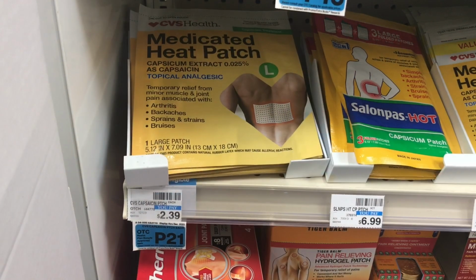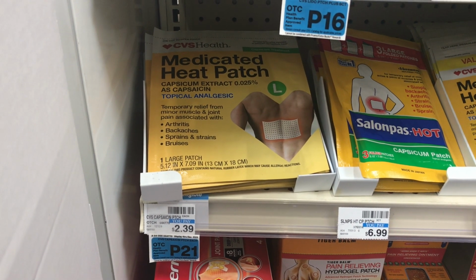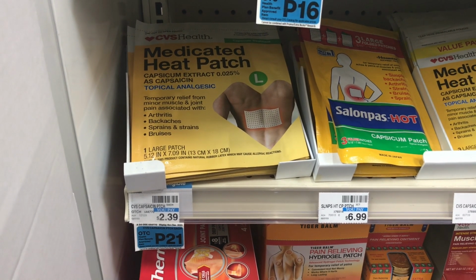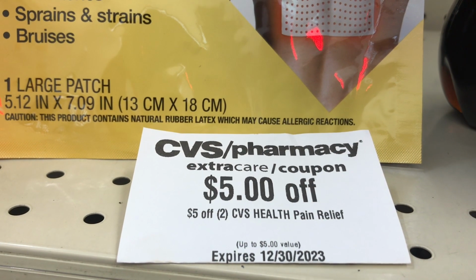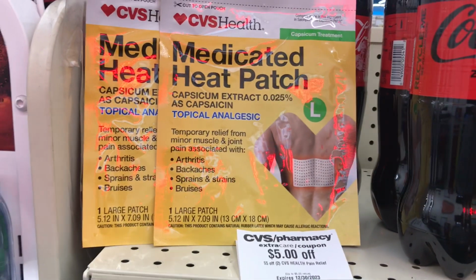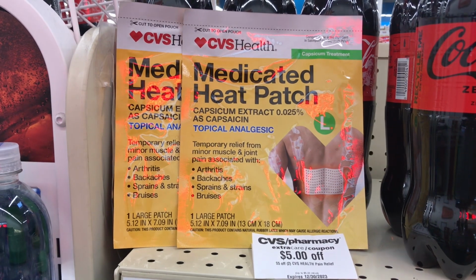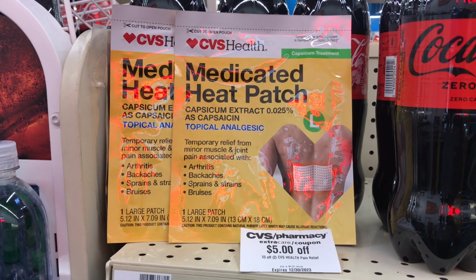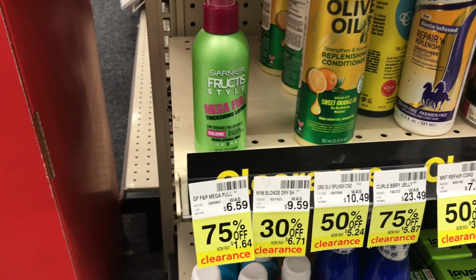The next 2 items I'll pick up will be the CVS brand medicated heat patch. They are priced at $2.39 each, and the 2 of them are going to total $4.78. I have a $5 off 2 CVS Health Pain Relief CRT that I'll be using with these 2 products. Because the CRT is more than the total, the amount is going to adjust down and these 2 items are going to turn out free. Make sure you're checking out your clearance section